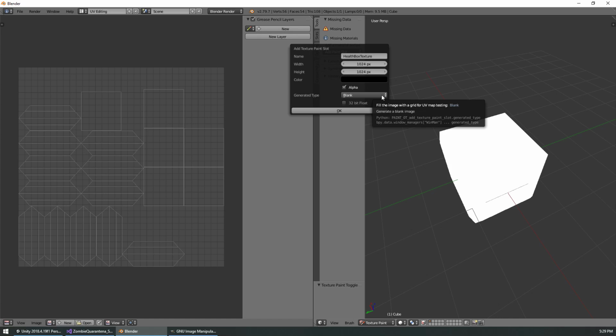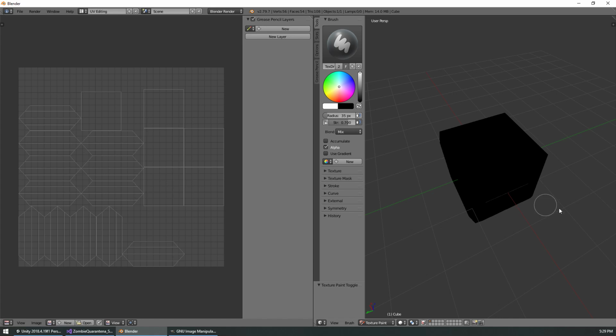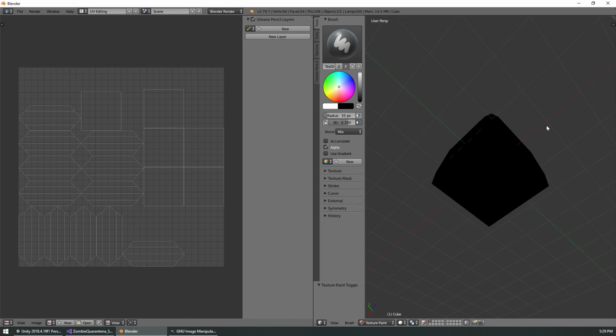You know that there are some games that have 4K textures, and that's where they take things and make them hyper realistic by using very large texture files, which we could do, but we don't have any reason for it because this is a really simple object. And then the color is by default black, and we're going to leave that as black. So I'm going to click OK, and it will apply that black texture to my object,